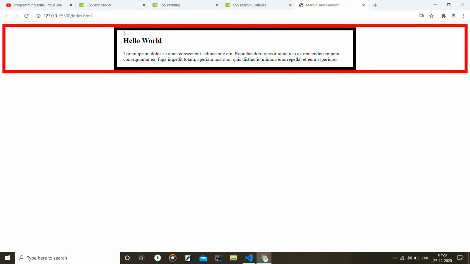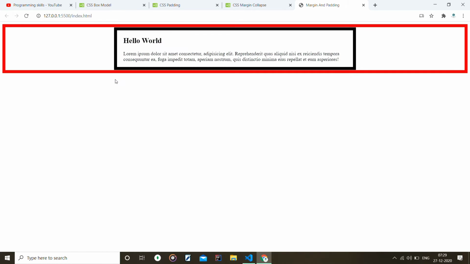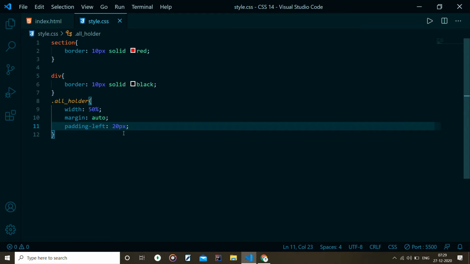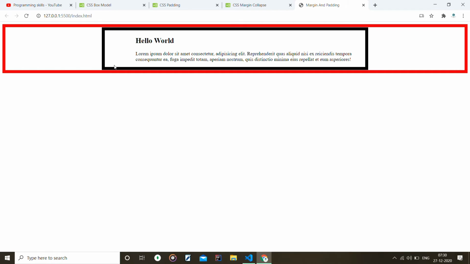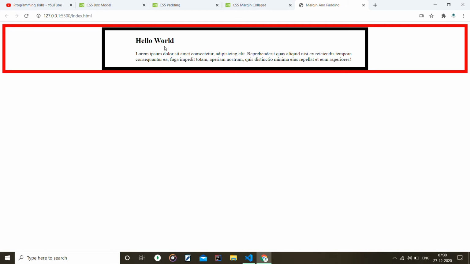So you can see this padding has occurred. Here you can see the padding is there, and this is 20 pixels of padding. I can also increase that. I can show you. Here you can see, if I write 100, it is giving 100 pixels of padding. Okay, but you can ask me, I have discussed the margin, but I have not used it. Here you can see both the sides have margin. But on the upper side and the down side, is there any margin?